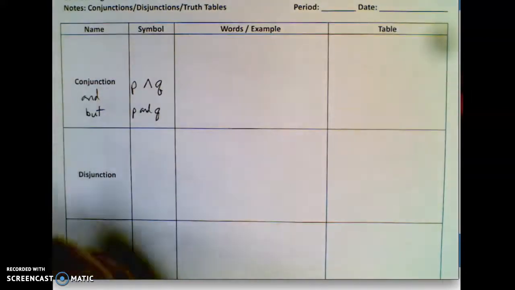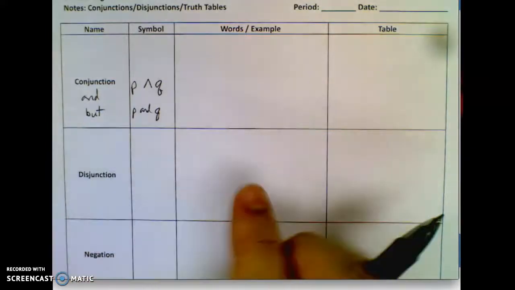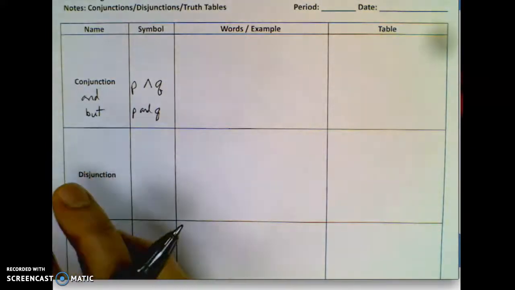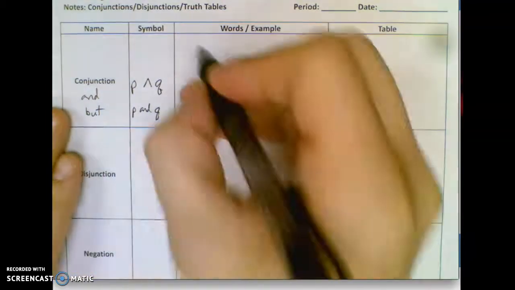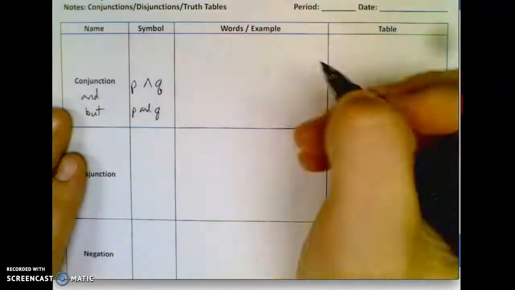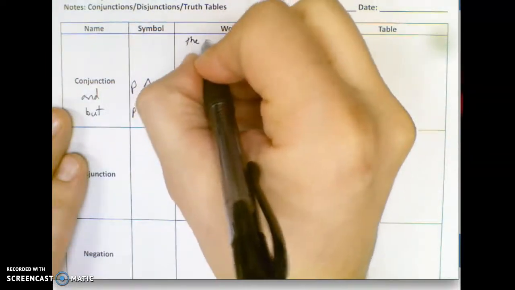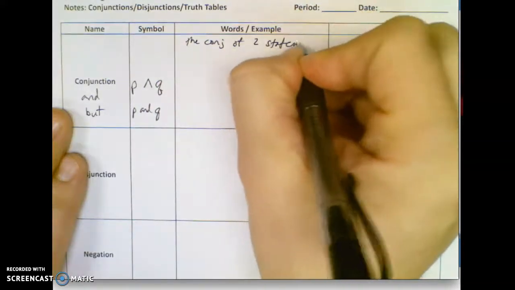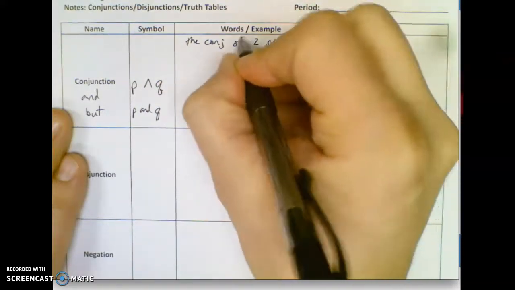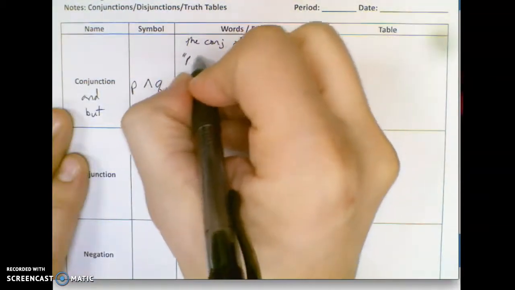Okay. The only times you use but is when the first part is positive and the second part's negative. But we'll cross that bridge when we come to it. So conjunctions, the conjunction of, let's see, the conjunction of 2 statements. We've never used 2 statements together yet in logic. P and Q